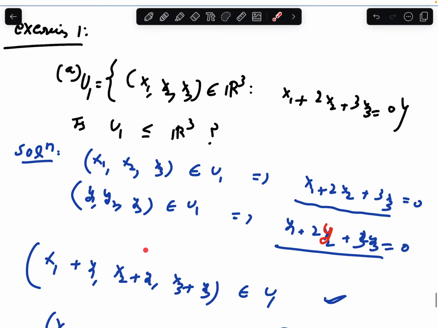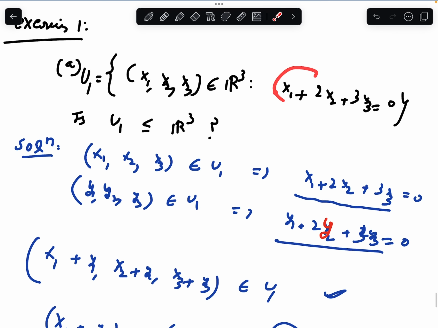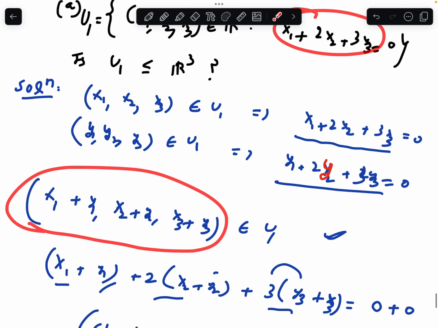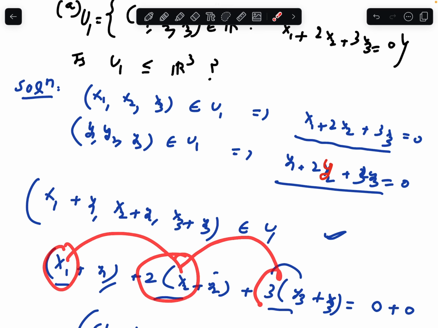We need to check if the sum of these is inside U1 or not. For that, we have to see if this condition is being satisfied for this element. So let's see, x1 plus y1 plus 2 times (x2 plus y2) plus 3 times (x3 plus y3). Now x1 plus 2x2 plus 3x3